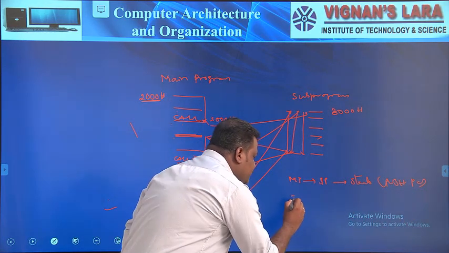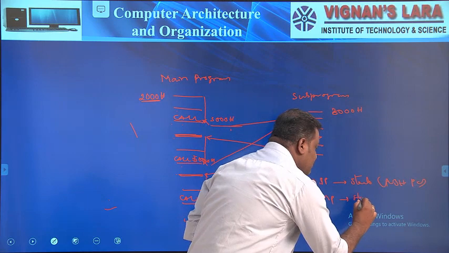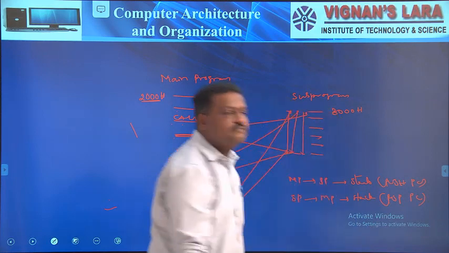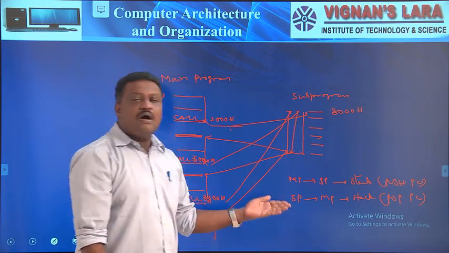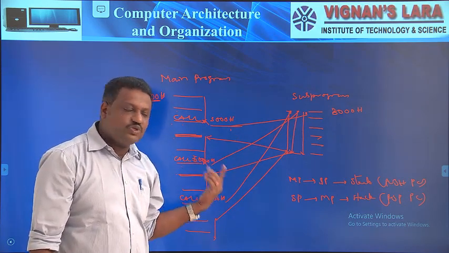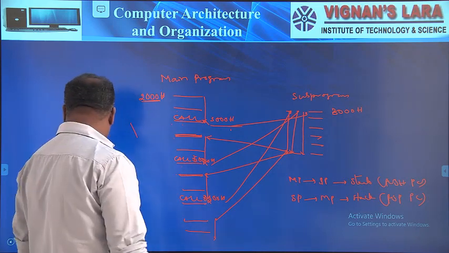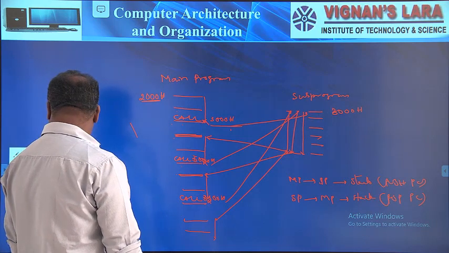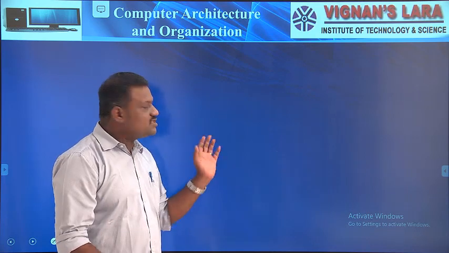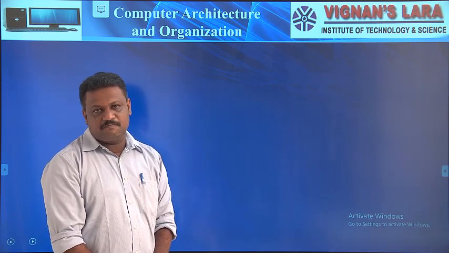Again if I shift my execution from the subprogram back to the main program, again I take the help of the stack. There I do an operation that is pop PC. So now I hope you understand how I link a subprogram execution with the main program execution with the help of a stack. And second thing, how this stack is helpful to us to provide services for interrupts.